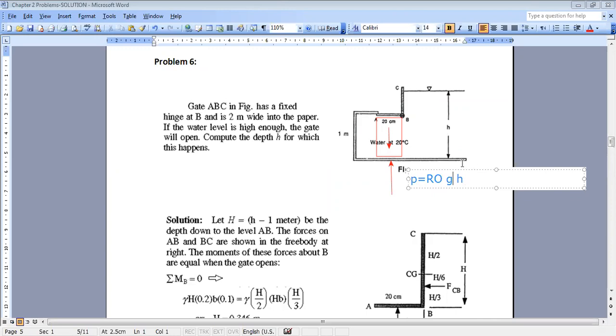So if I know the pressure here and I want to find the force of the bottom on my water control volume, I will get that F, the force of the bottom on my fluid, is equal to rho times g times small h times